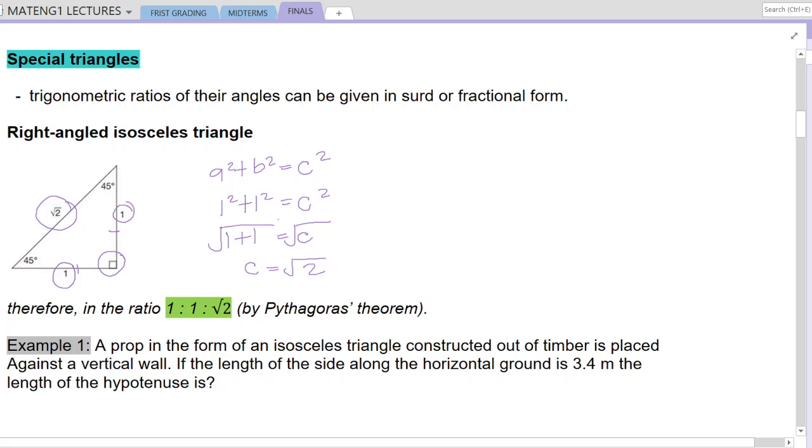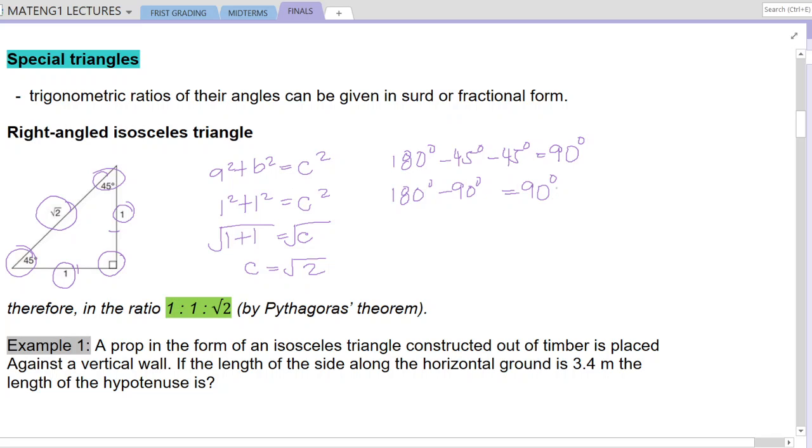Since the total of the interior angles of the triangle is equal to 180 degrees, that is 180 degrees minus 45 degrees minus 45 degrees. So we have the 90-degree angle in the right angled isosceles triangle, and to get the values for 45 degrees, it is the same: 180 degrees minus 90 degrees is equal to 90 degrees also.